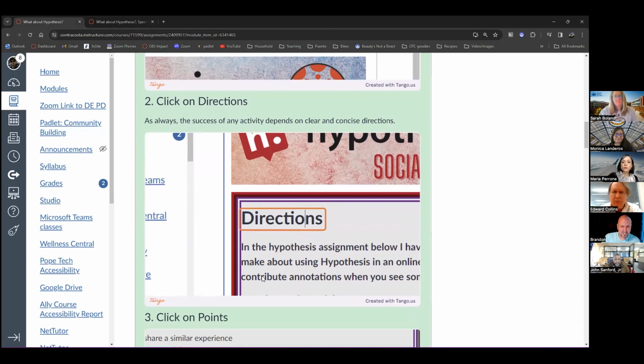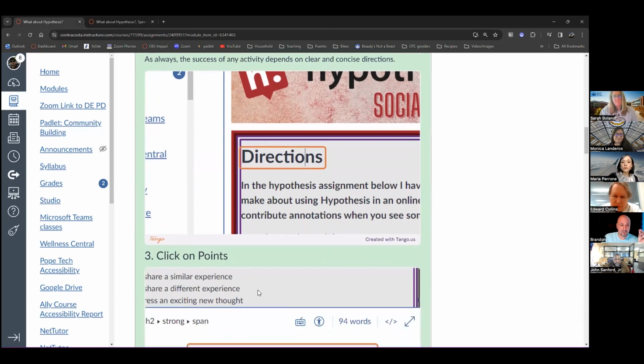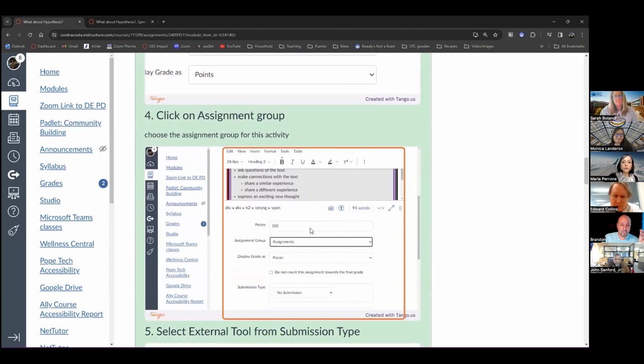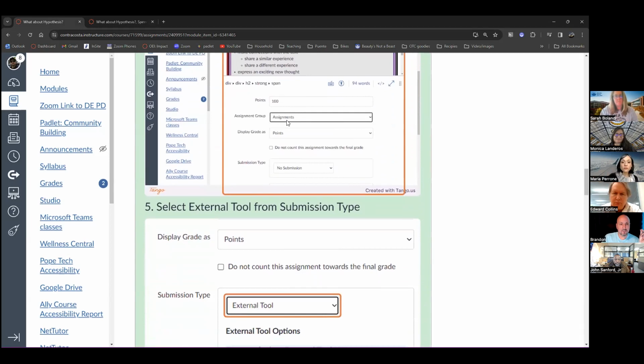But you can use any kind of sets of directions and things that you want students to focus on. Just be clear, be concise, and be direct with it. Give as many points as you want. Go ahead and put it in whatever assignment group you want to put it in. If you're using weighted averages, put it in whatever section it belongs in, right from here.